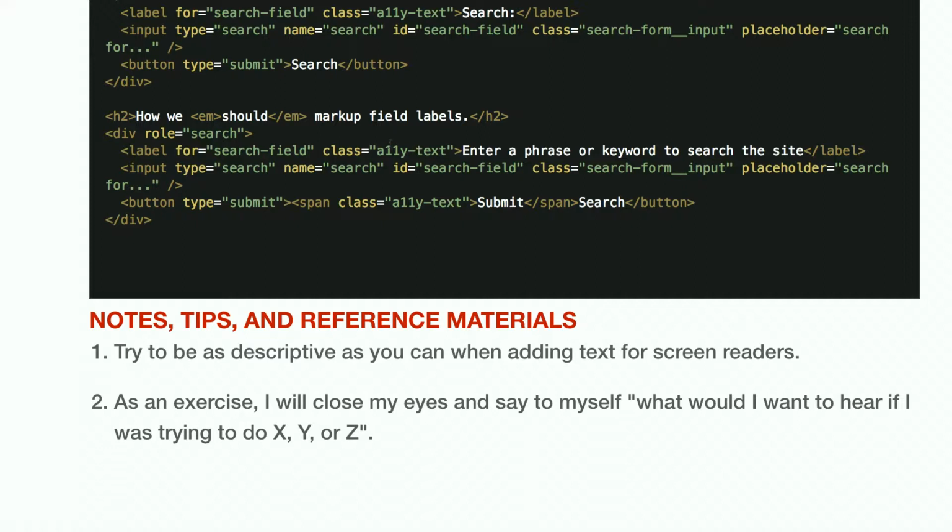And then you have a hidden label that says enter a phrase or keyword to search the site. Users now know what the parameters are and what kind of content they're actually searching. Again, you'll get the regular input, search for, but you'll notice we have some visually hidden text inside our button. So the button will read submit search button,